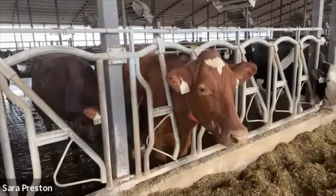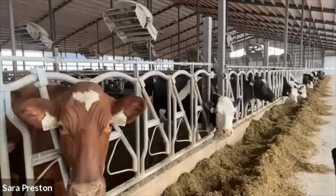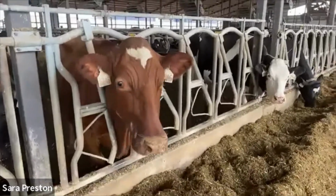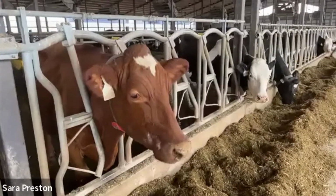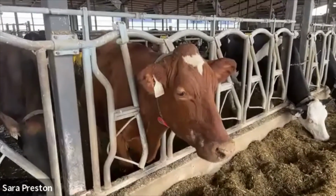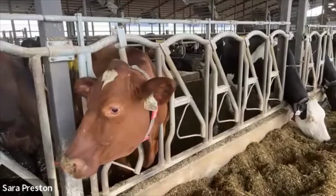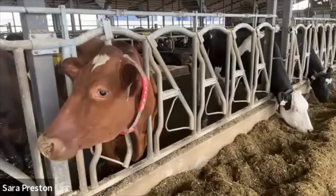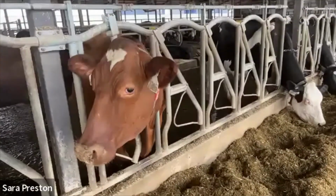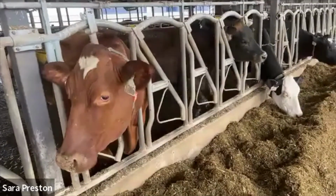What about milk cows? How long do they milk, and what happens to them after they don't make any more milk? Okay. So typically on our farm, a cow will stay on our farm as long as she's having a baby and producing milk. Typical life for our cows is, like I said, up to 16 years, but on average right now, I think they're about 4 or 5 years old as you go throughout the herd. If they are not milking anymore or can't have calves,